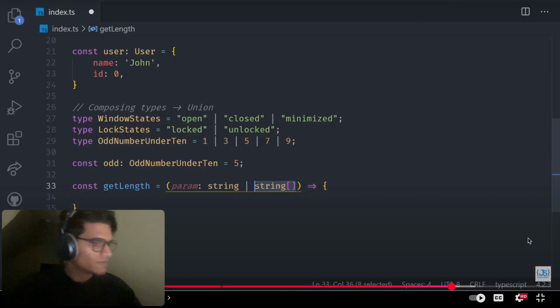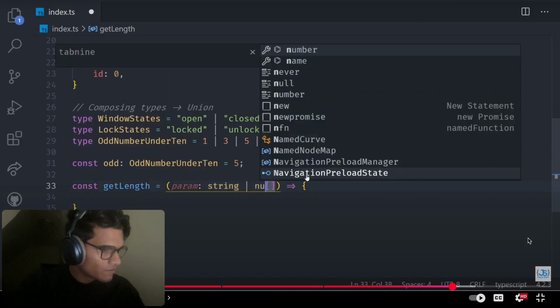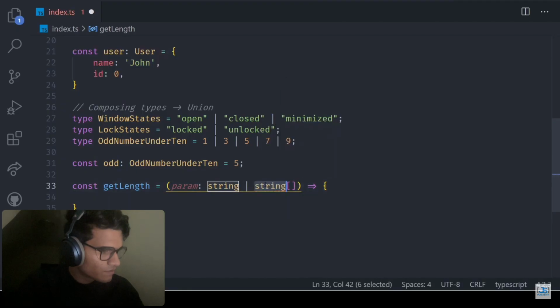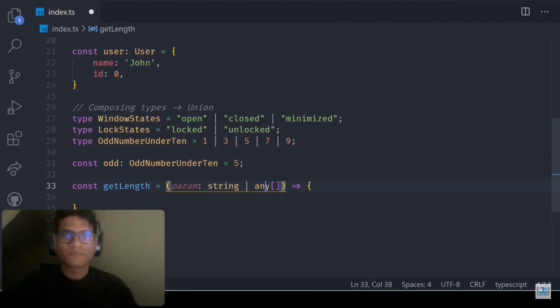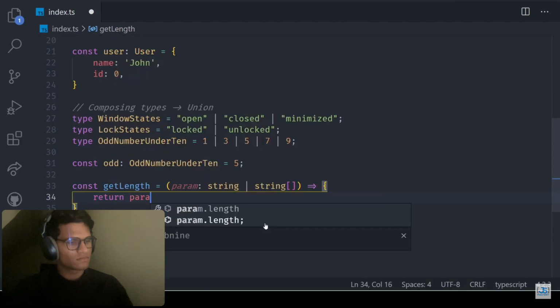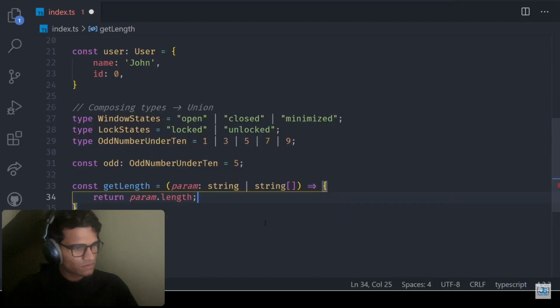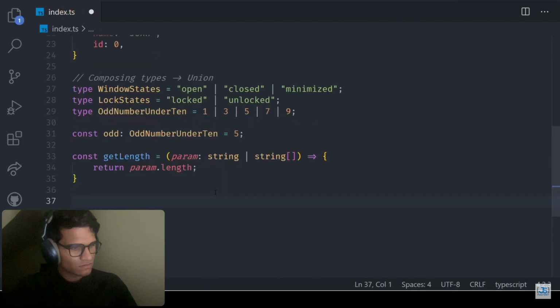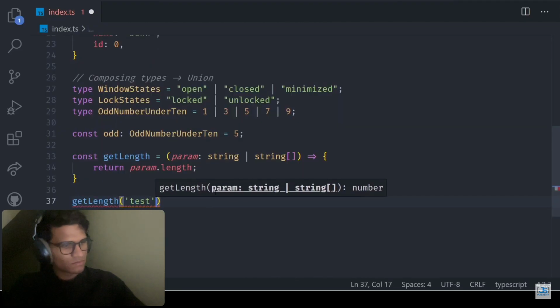If you want to create an array of numbers, then it would look like this. Or if you want to use any, that means an array of any types, then you would use this. But in this case, let's keep with strings. And then what we want this function to do is to return param.length. Now, if we tried calling our function getLength with something like a string of test,